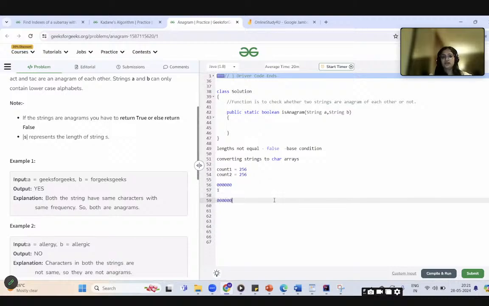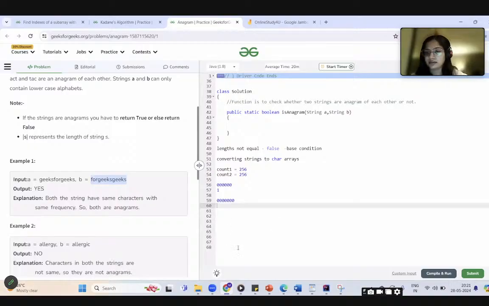Similarly, for string 2, we have initialized array as 000, and then we can increment if we encounter f, we can increment that f index. And if you see that the incremented values are all same at all index, that means both are anagrams, right? So have you understood the logic? Sarah Banani is saying that same characters, one string is rearranged to other string. Okay, guys, I think you are with me. We are on the same page.